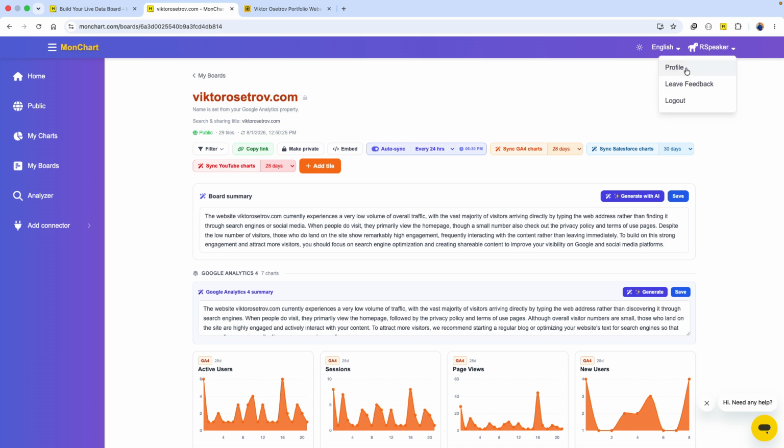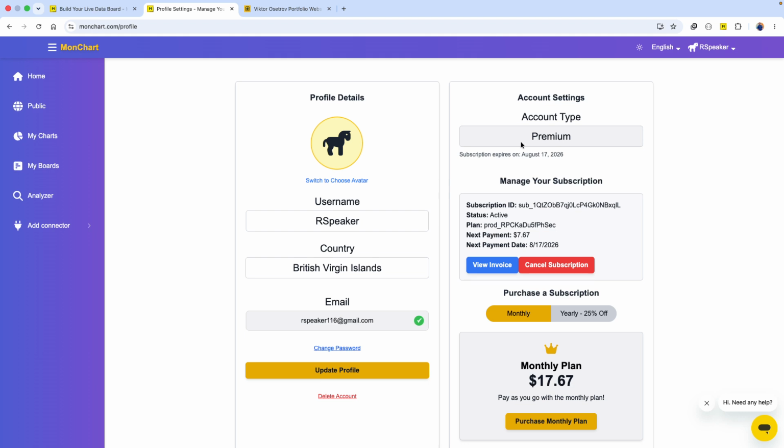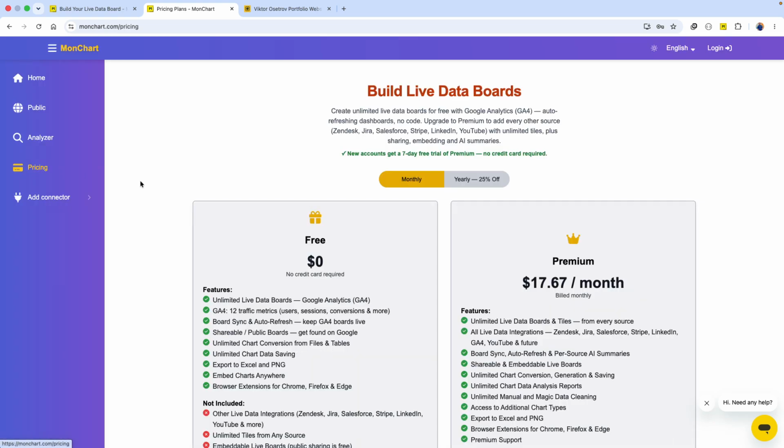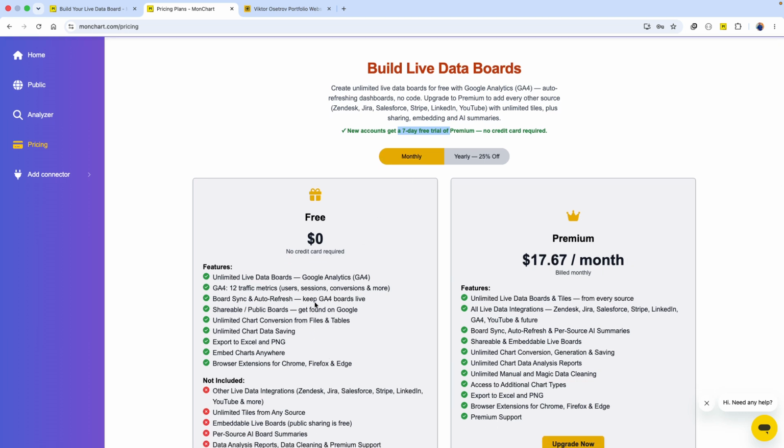For that, you should upgrade your account to premium, or if you don't have a premium account yet, you can try it with a trial version for 7 days and test Salesforce integrations or any other integrations like Zendesk, Jira, Stripe, YouTube, and so forth. Please connect your Salesforce organization, publish your first live chart, and start